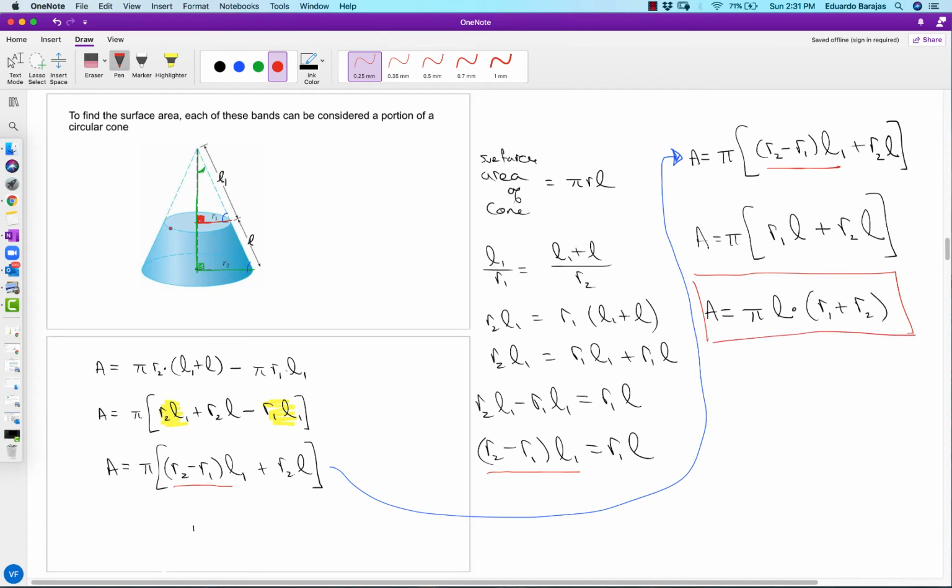So if you want to find the surface area of this cone, but not the entire cone, just a portion of it, so a partial cone surface area, then the formula is pretty neat. It's equal to pi times L, the length that you're interested in, and then we just add these two radii. That's pretty good. But one more thing you could do, your author also likes to use this formula, A equals pi L,